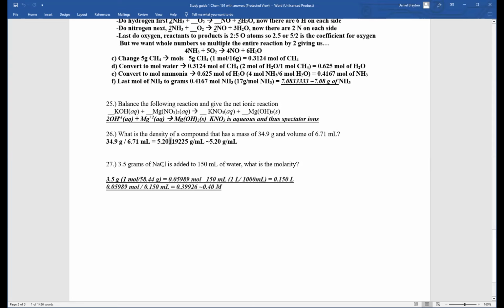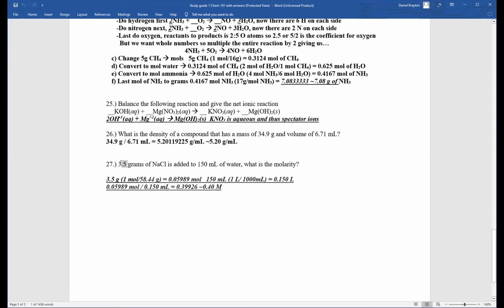So go to the periodic table, get the mass of sodium chloride to get out of grams and into moles. Then we're dividing by the volume, but not 150 milliliters, because molarity is moles per liter, so you need to move the decimal point over, which is the same thing as dividing by 1,000, so 0.1050. Then divide the molar amount you found by the properly shifted over liter amount, and then we get